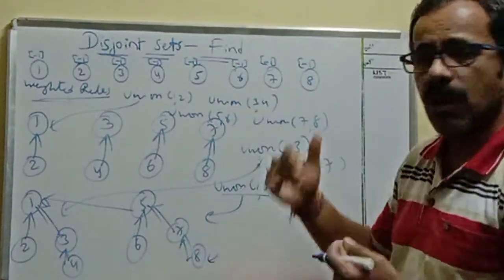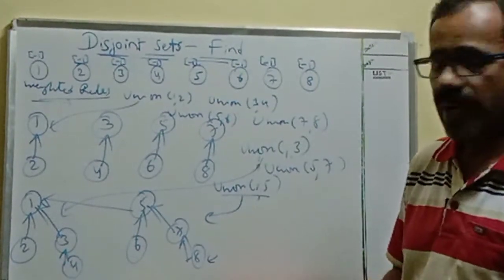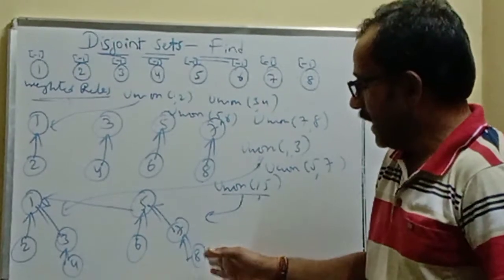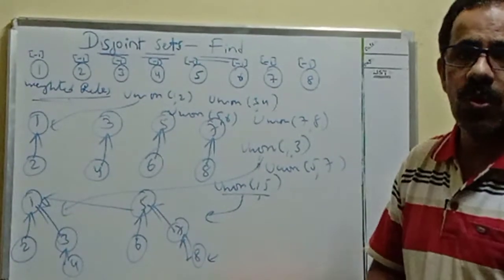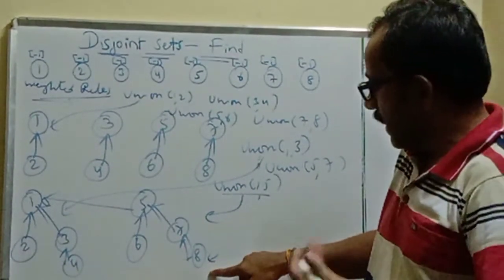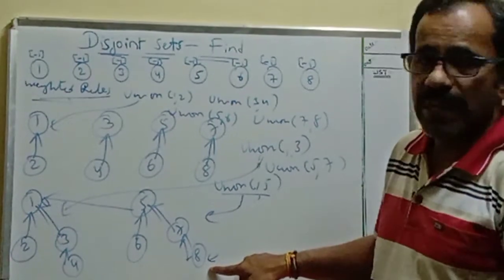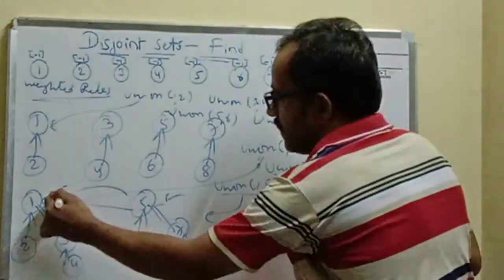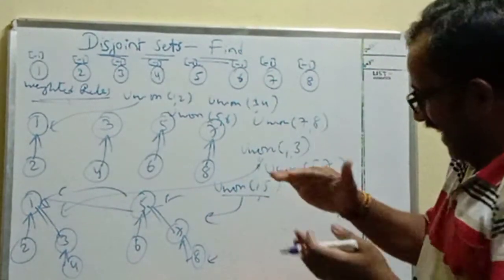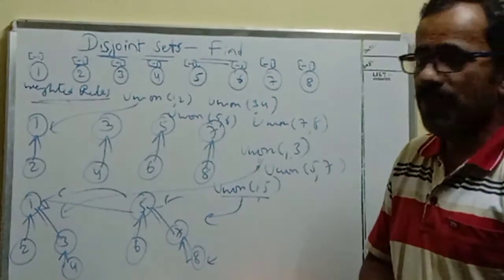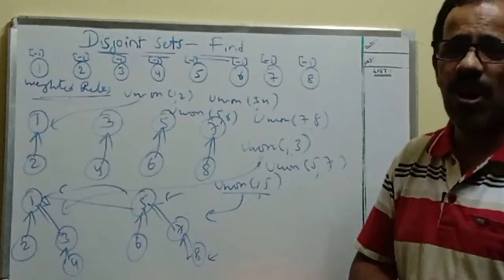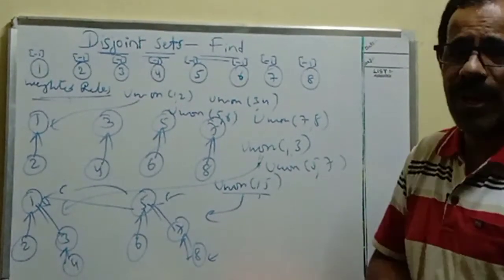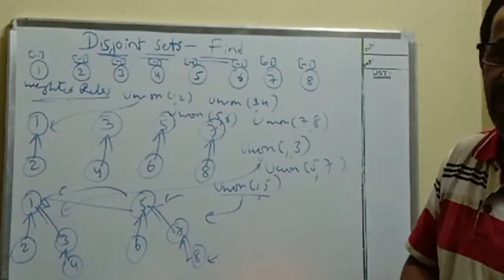So the aim of find I have already defined. What is find? The aim of find is finding the element and displaying the respective root node as the result. So suppose you repeatedly apply find n number of times, then how many comparisons or steps are required to reach the root node? Observe. Okay now, if we keep this tree structure like this, then the simplest procedure requires more time, because if you repeatedly require 8, then the simplest procedure requires more time.